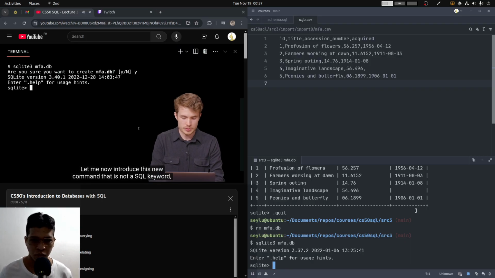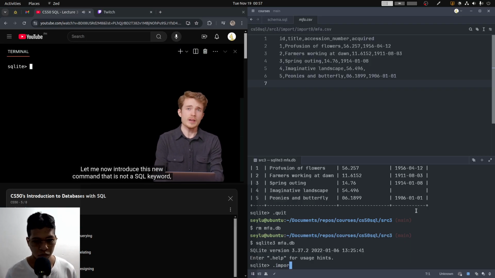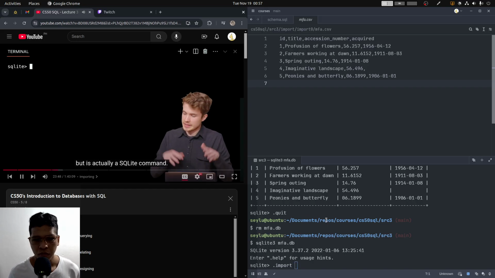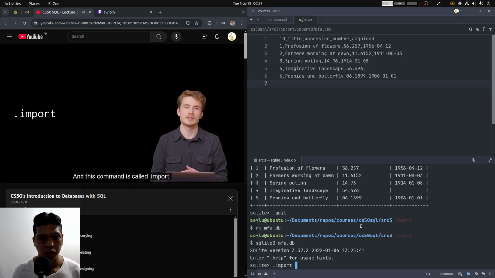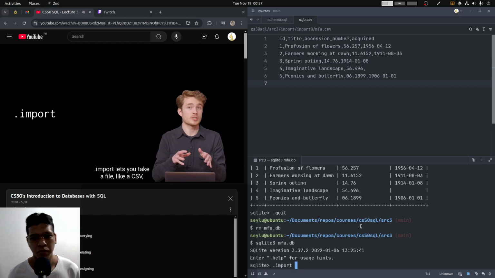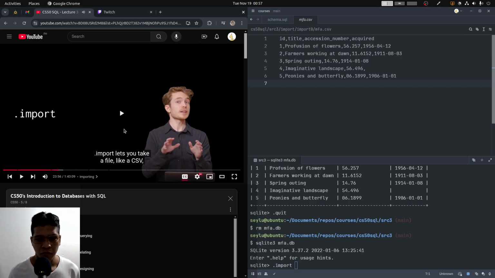Let me now introduce this new command that is not a SQL keyword, but is actually a SQLite command. And this command is called .import. .import lets you take a file like a CSV